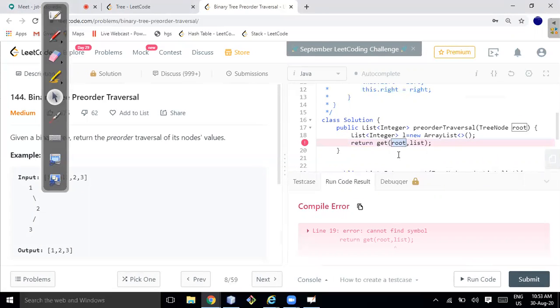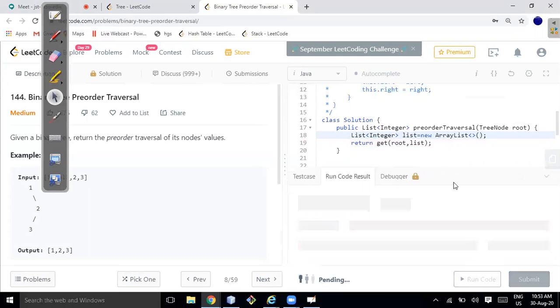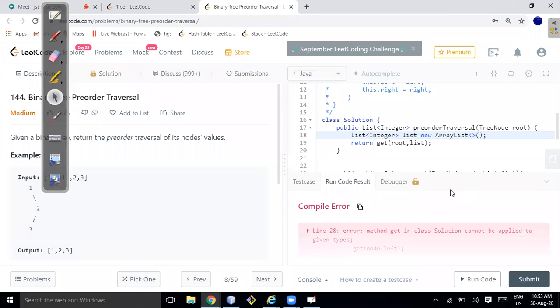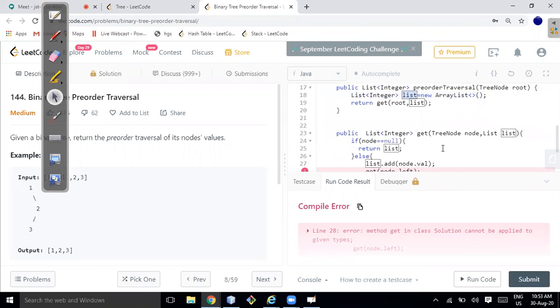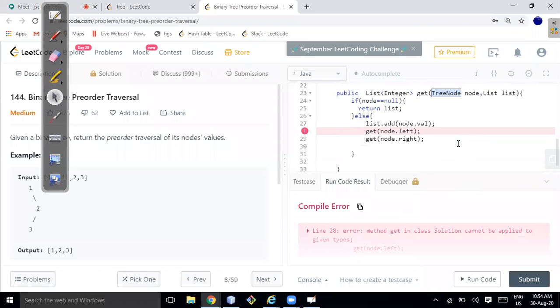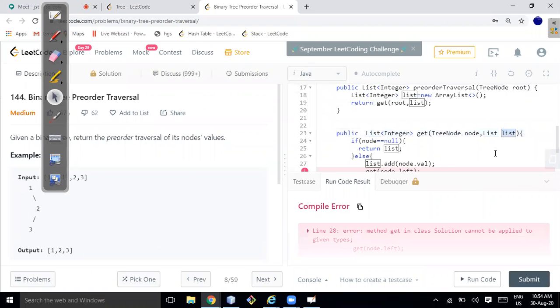What is the... oh, here root and list. Oh, here it is list. Okay. Method get in class Solution cannot be applied to given type. List of integer, tree node, list of list.